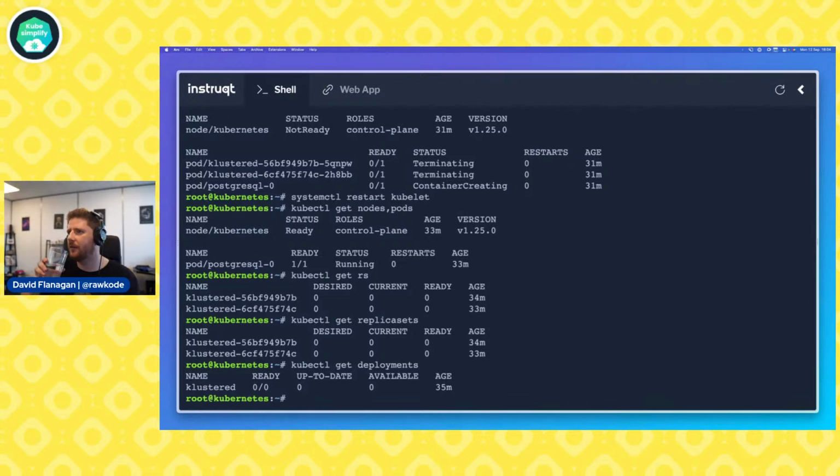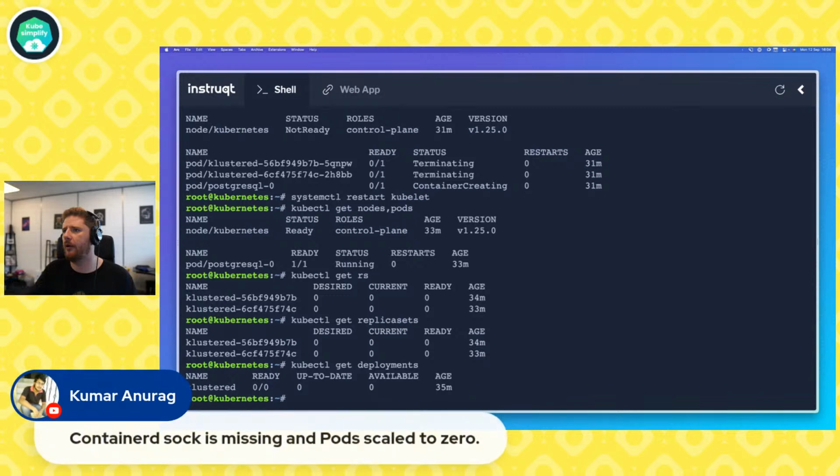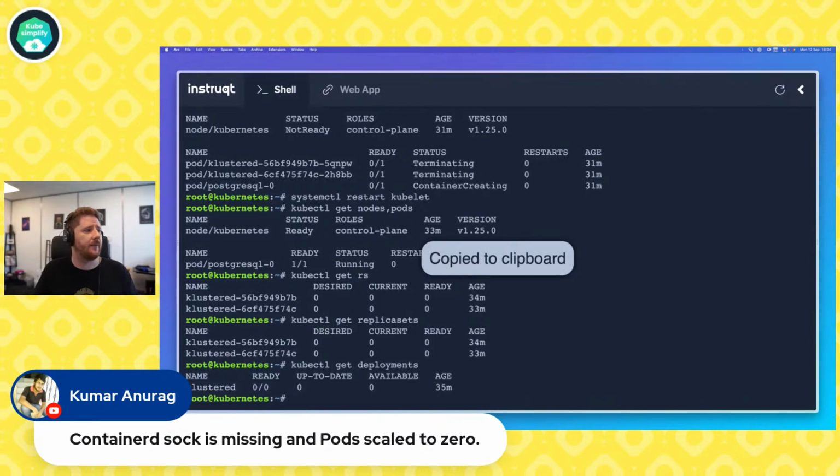Where was it? I was sure I saw somebody mention this, right? Oh, did someone? I see a message. I'm not sure. Okay, I thought someone mentioned that it was scaled to 0, but that is correct. This deployment is currently not configured to run any pods.